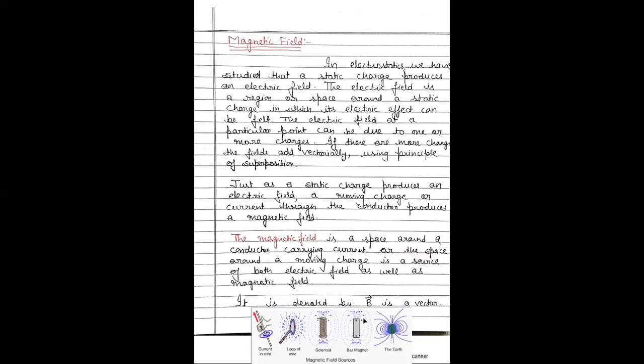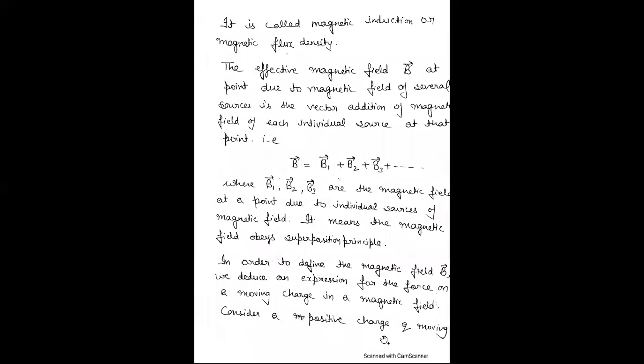the magnetic field lines. Magnetic field lines means these are the imaginary lines that represent magnetic field. Outside the magnet, the direction of magnetic field lines is from north to south, whereas inside the direction of magnetic field lines is from south to north. And the earth is a major source of magnetism.